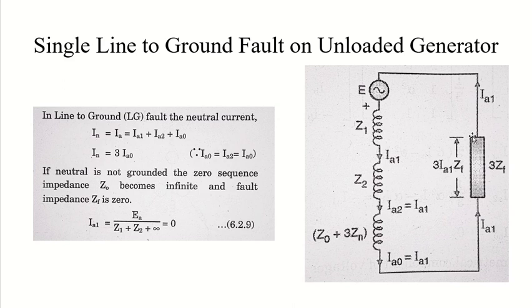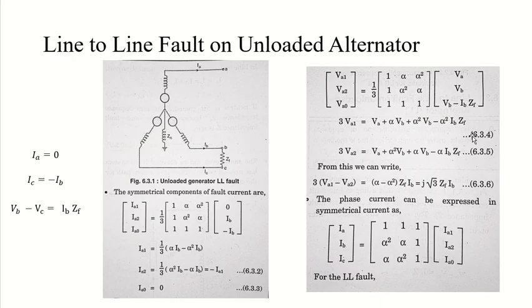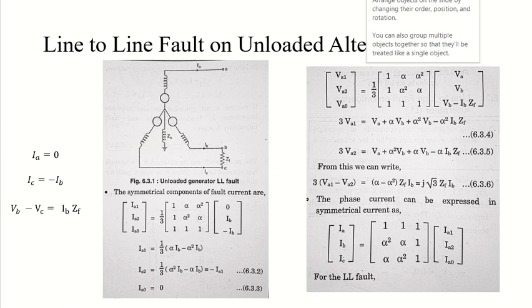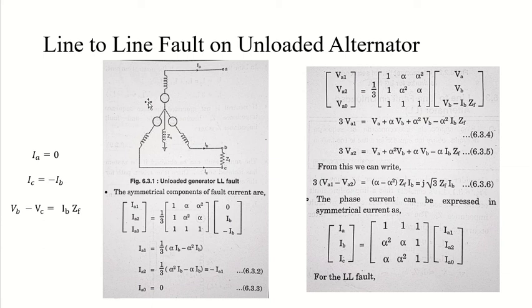Let's move towards the second one. The second one is called line to line fault, and this fault is also a very common fault. It occurs every now and then, especially in rural areas. So one more time, see this second figure, and you can see that this one is also an unloaded generator